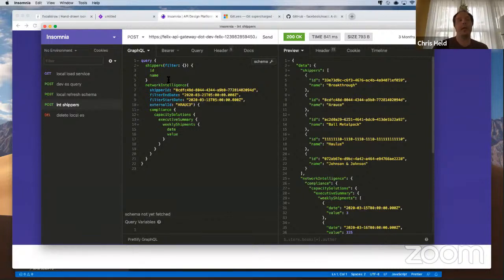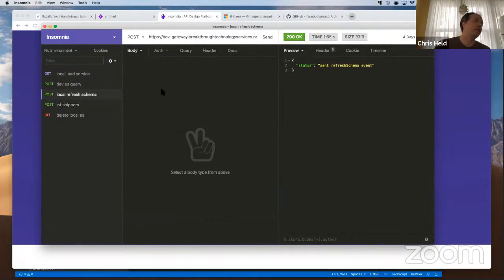If you're connecting to the GitHub API, they don't really have... it's a bad example because GitHub does have a great playground, but certain ones might not have a playground. You can just grab the schema and Insomnia will build out what that schema looks like, what you need to query for. It also handles just basic